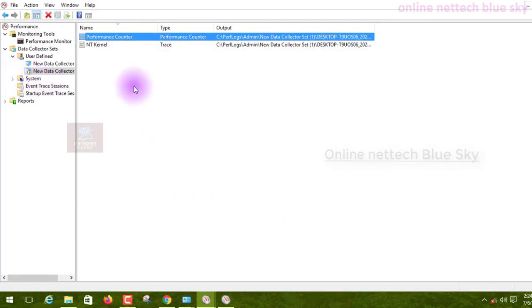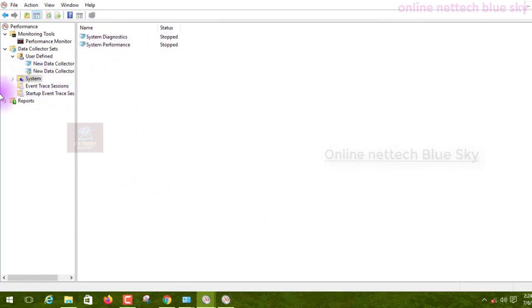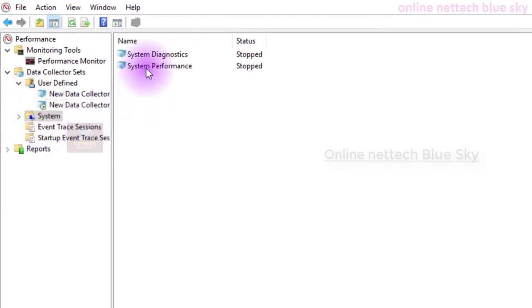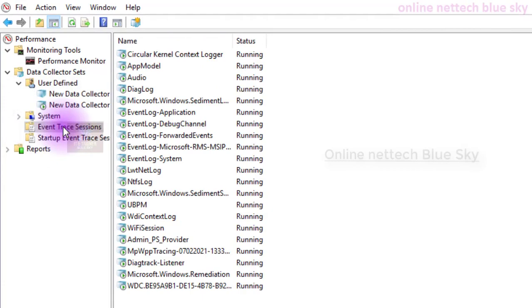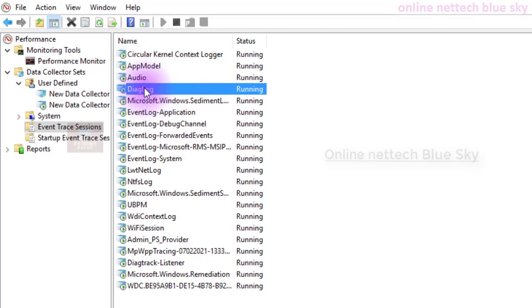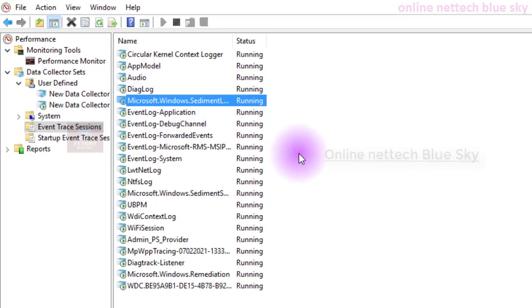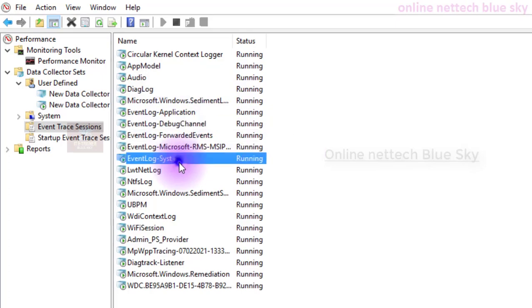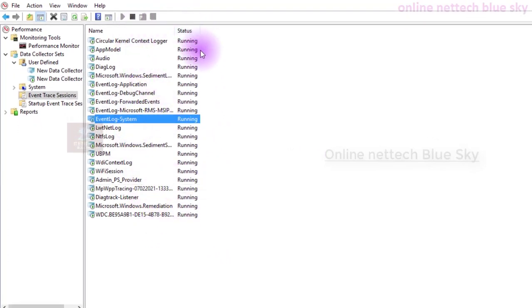So very important, some you see showing me here. System, you can see here. So event trace. What is the system, and system related, system diagnostics, system performance related, already stopped, and default computer related. So audio related running, you can see here this is the performance dashboards, and event log, tip channel, the event system, everything you can see here. This is one type of showing me in my system the running events.